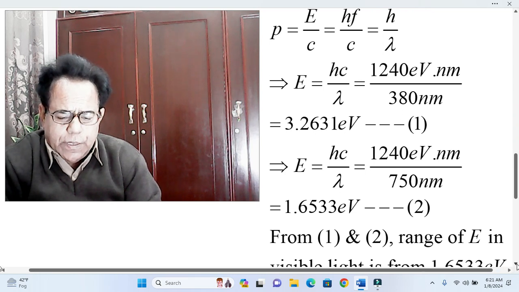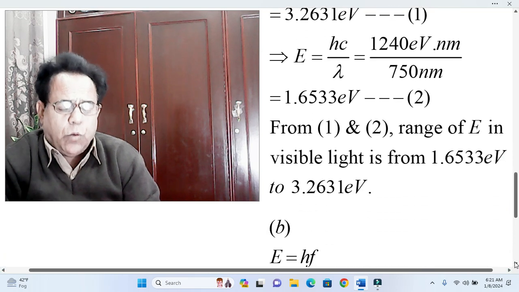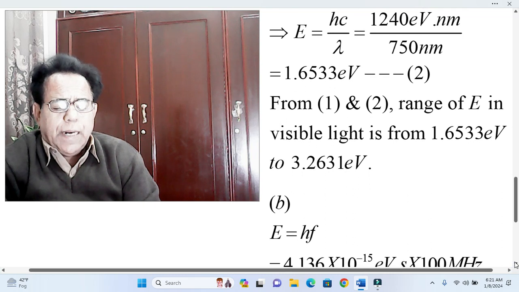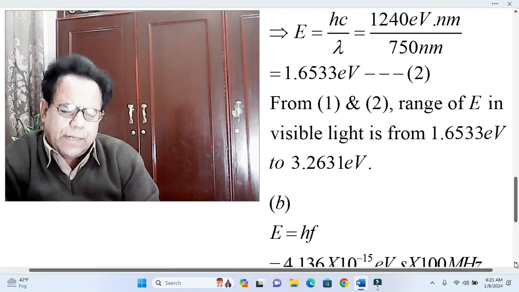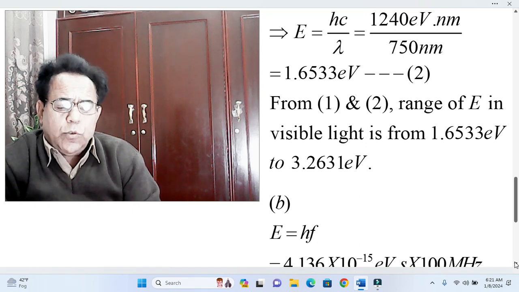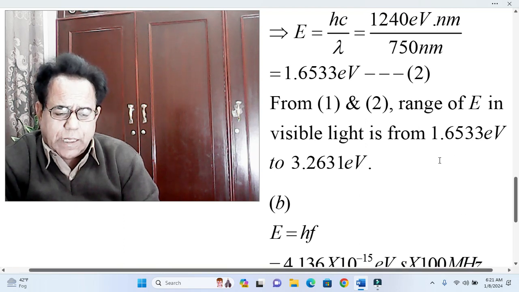We give equation number 2 to this result. Okay, from equation 1 and 2, or from result 1 and 2, the range of E in visible light is from 1.6533 electron volt to